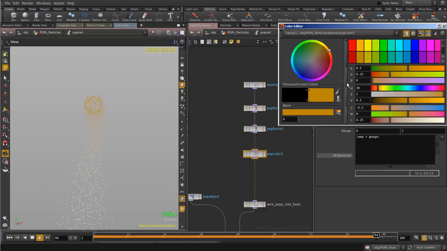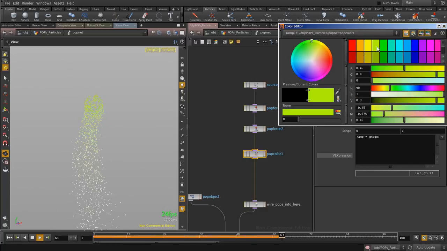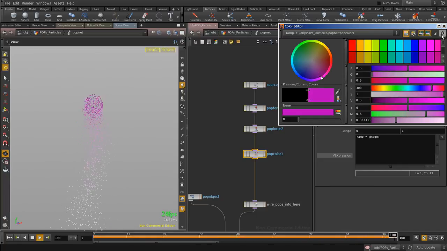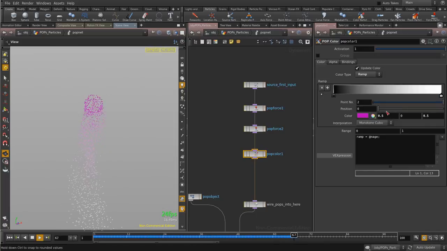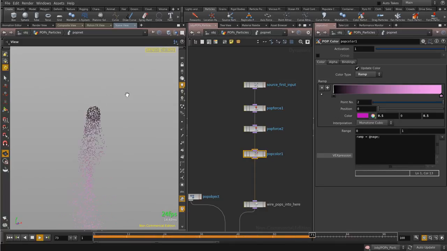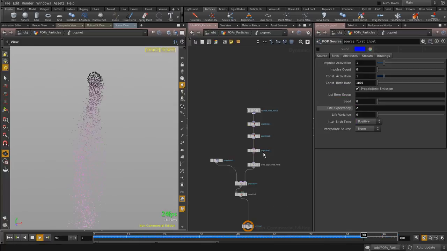And I can change, for example, the blue, yellow, you can see. More important, for using the particles, you can use the expression. The expression is for creating when it starts and when it